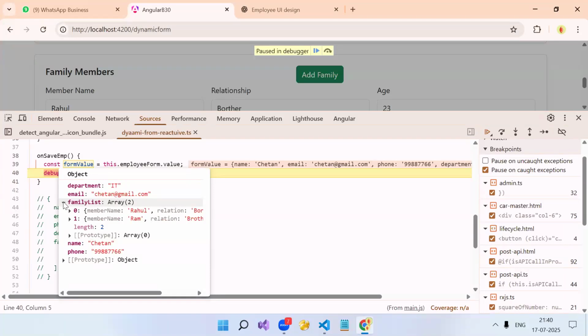So this is our single one-to-many relationship where you have family members, the family form, as dynamic. You can add as many family details as you want. On click of add, a new form will be created dynamically. Clear?